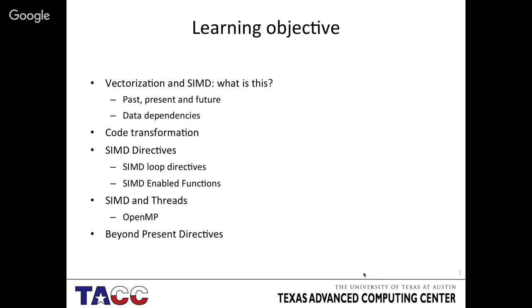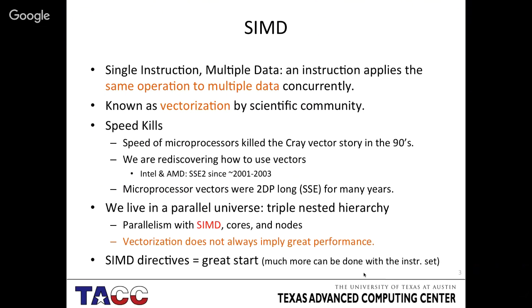And then we'll look at SIMD and threading, combining, say, work sharing and the SIMD constructs in OpenMP, and then look at some things beyond those directives to have you be able to obtain a little bit more